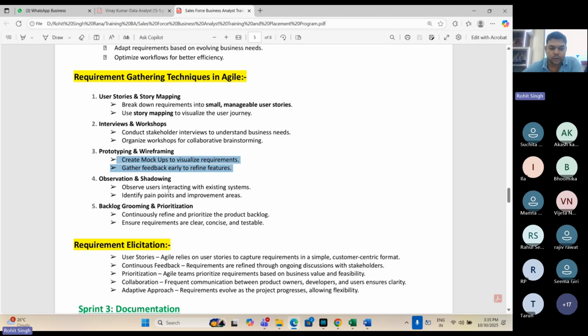Okay. Then of course you share user IDs and passwords with the client, and you ask them to observe and share their points or pain points. And of course, then accordingly, there would be a prioritization on the product backlog, and you create the sprint backlog accordingly for the requirement gathering, and then you show it to the client so that you can understand their mindset. Okay. However, still I would say that brainstorming and